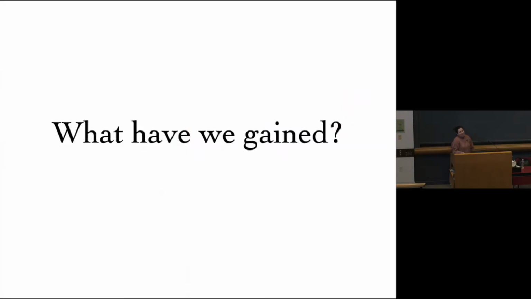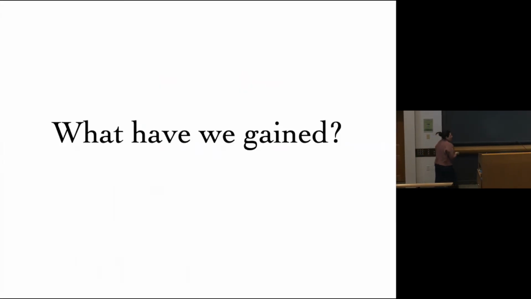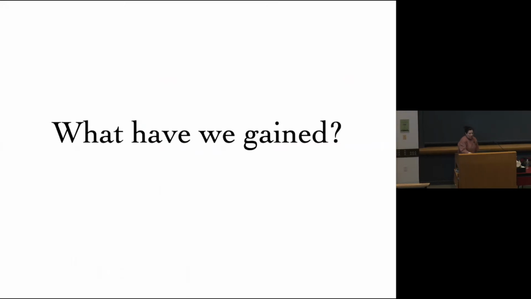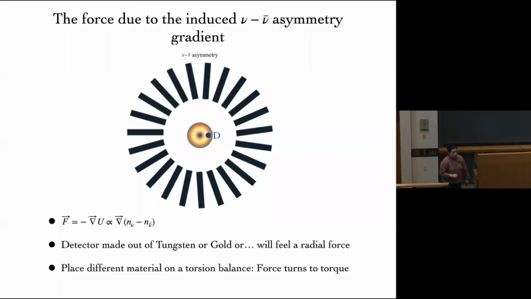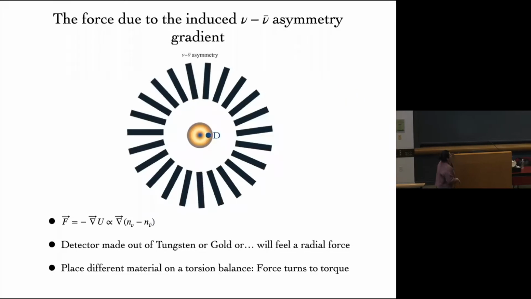So this is where we get to the part that Melissa was asking about in the beginning. So what have we gained? What have we done? How would you even imagine detecting such a thing? There are different ways. The one I think is the most obvious right now: